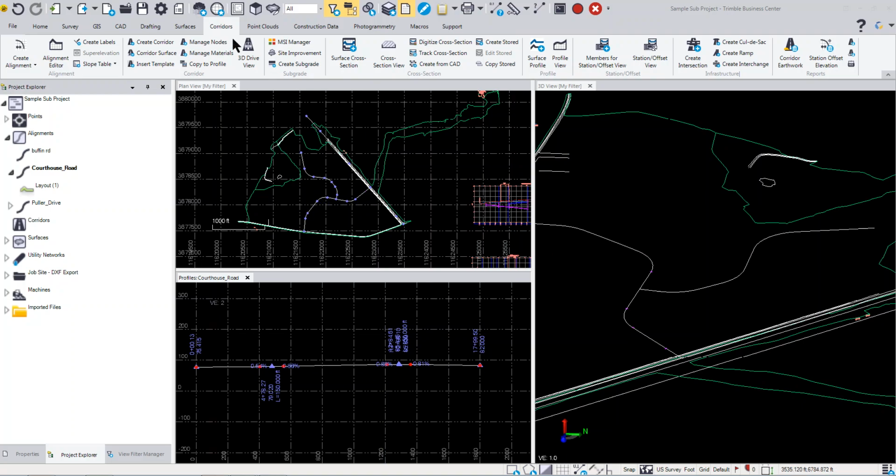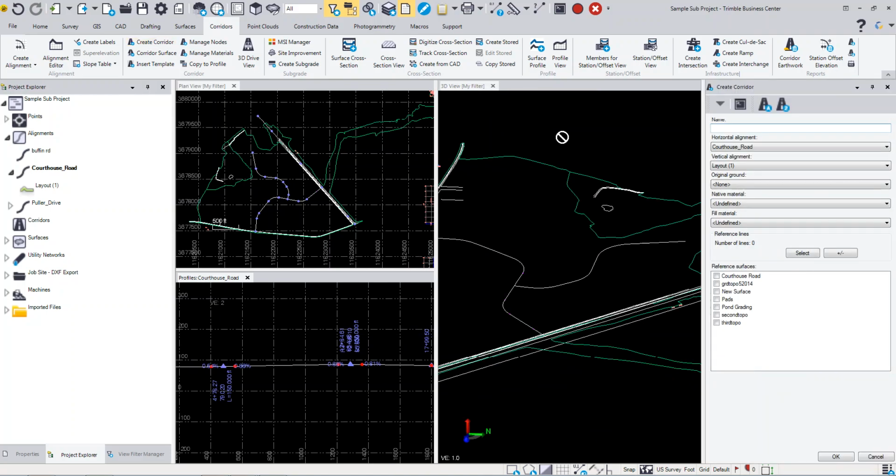You can see the vertical profile down here below. I'm going to go to the Corridors tab, and I'm going to simply pick Create Corridor. When I do this, it's going to prompt me for a name, so we'll just call this Courthouse Road to match our alignment that we're using, which is the courthouse alignment. You'll select that here. You'll select the vertical alignment. You can select the original ground, and this is going to be a reference so you can see the original